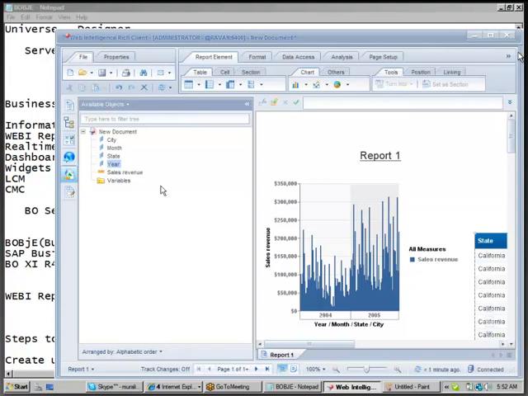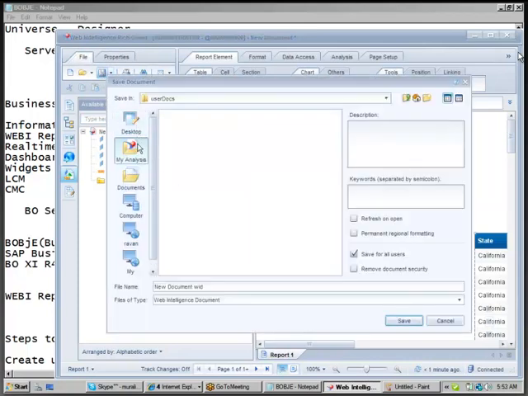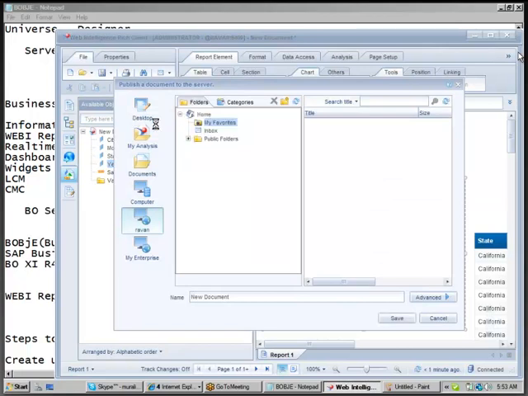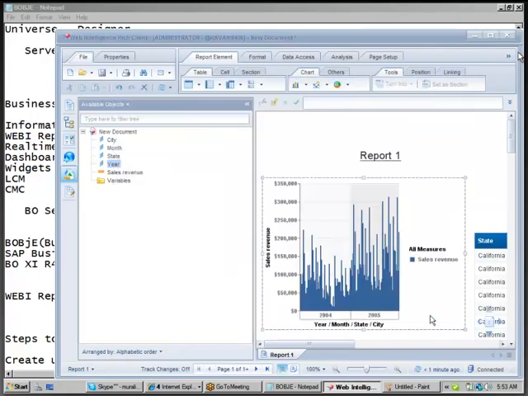If you want to publish this report in the BI Launchpad, you just need to click on save. When you click on save, it will take you to desktop, my analysis, documents, computer and so on. Or you can go to publish to. Here there is an option called publish to. When you click on publish to, you have two options.